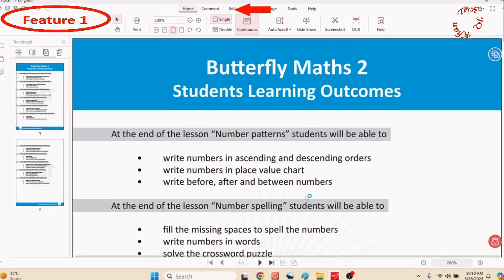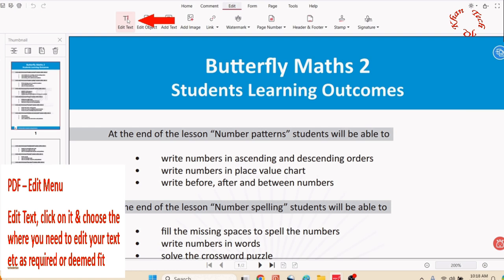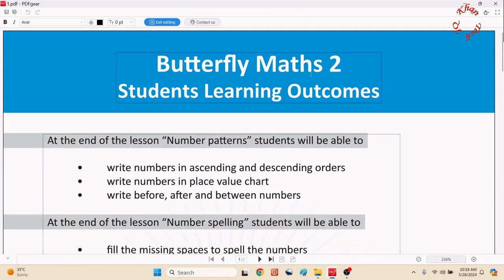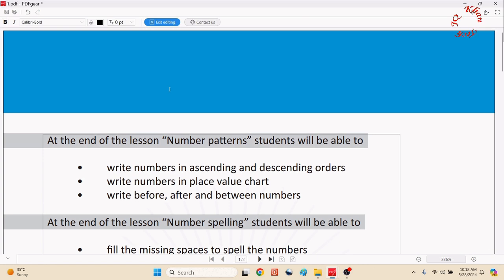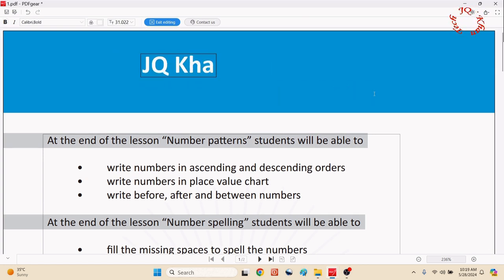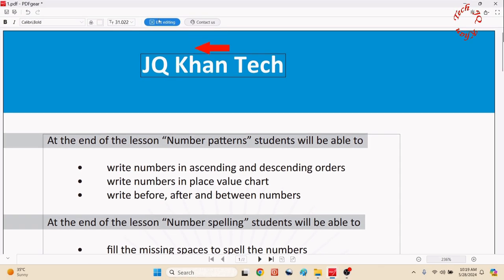So let's go and open a PDF file. Let's click on edit and go there to edit text. It's the most easy feature of PDFgear. You can entirely delete or alter any text. I did it and click exit